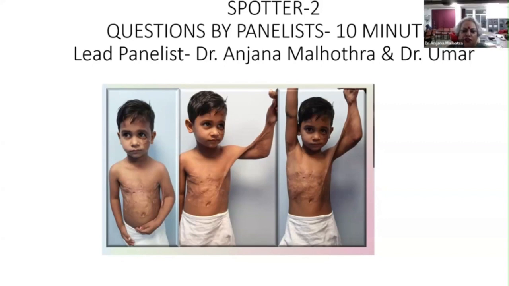Okay, so what do you think the problems the child has now? The child here is presenting with a hypertrophic scar over the chest wall and the anterior part of the abdomen, a contracture restricting movement over the anterior axillary fold and elbow. So what will be your plan of management for this child?